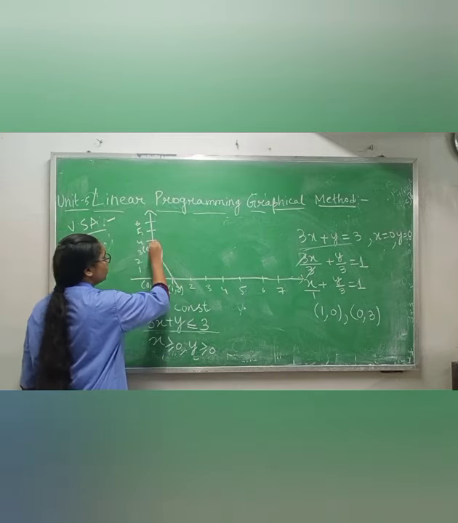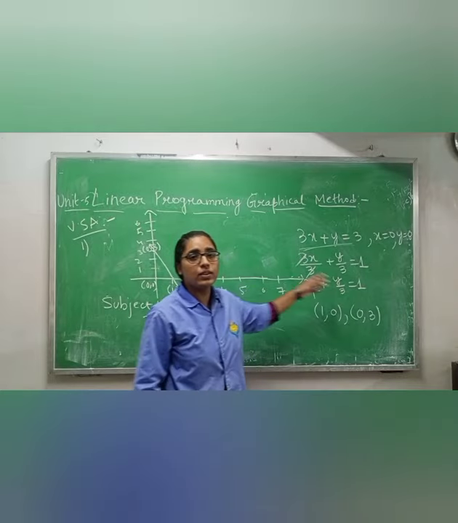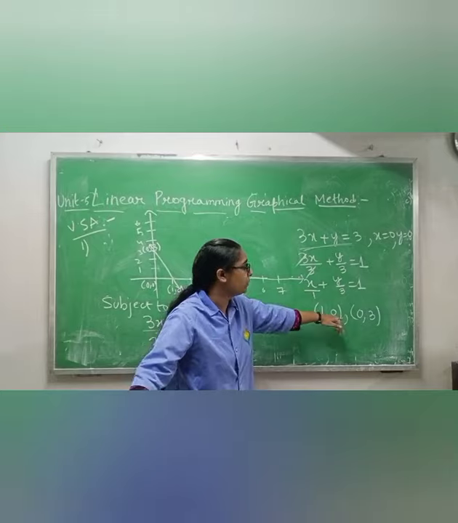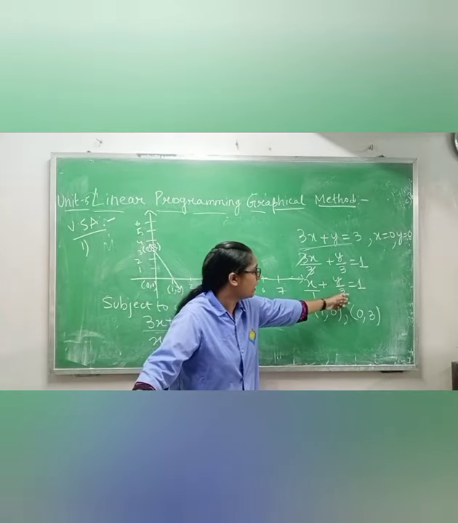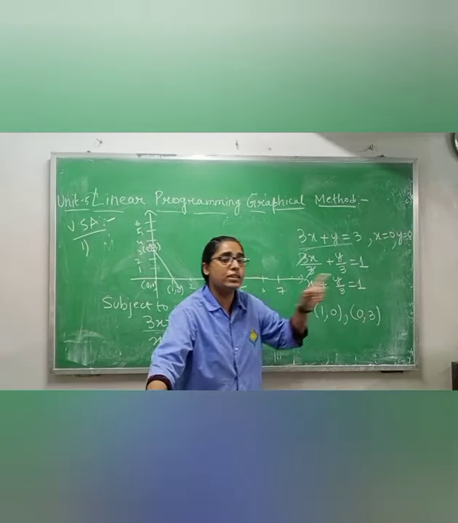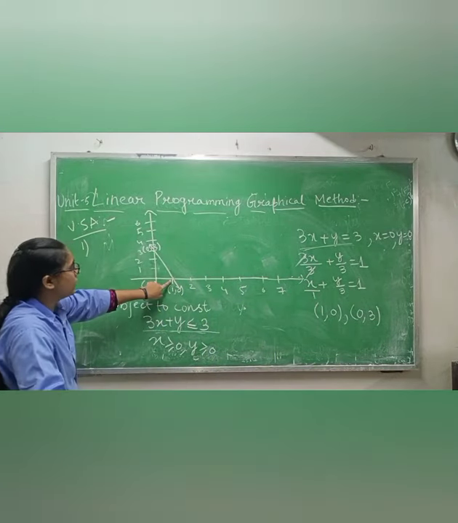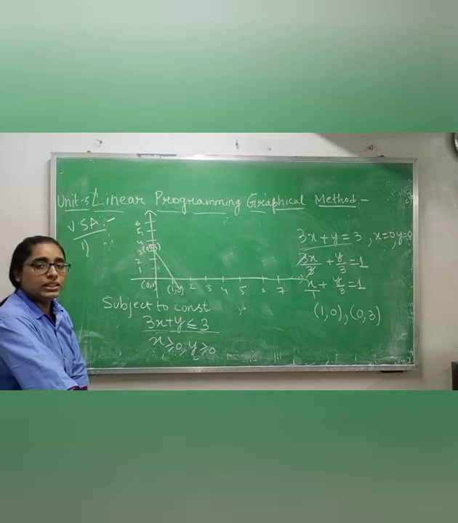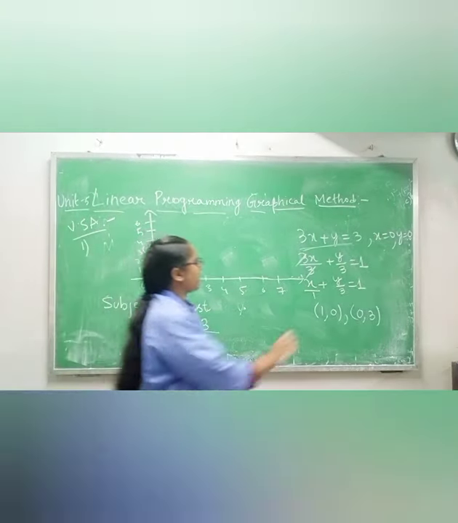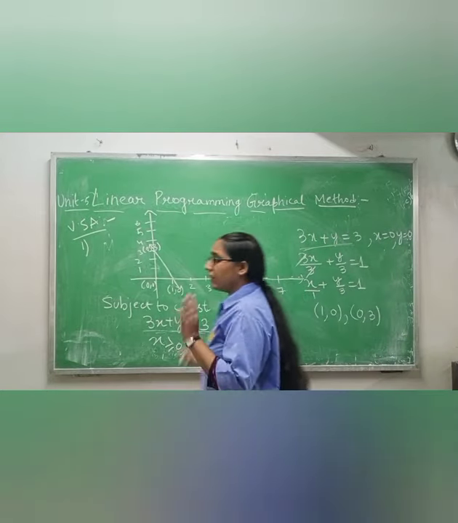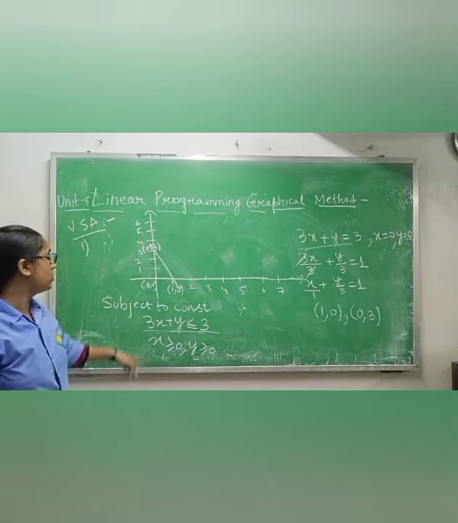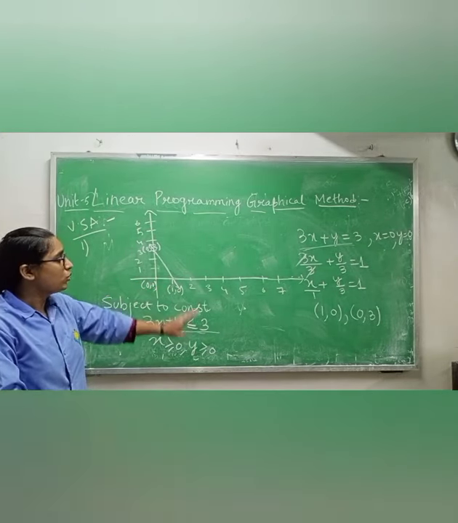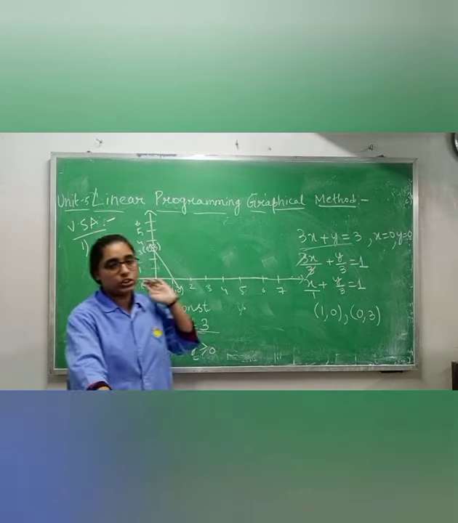Okay, that is why I told you don't take 1 comma 3. Otherwise, this straight line will not come. In linear programming, you have to take x value and in place of y, you will always take 0. Then you will take y value in y place and in x place you will take 0. Then you will put it 1 comma 0 and then 0 comma 3 and you will make one straight line. Understood? Now x comma 0 and y comma 0, you will never put x comma 0, y comma 0. Why? Because you know this is nothing but x comma 0 and y comma 0. So we have this one only I have plotted already.